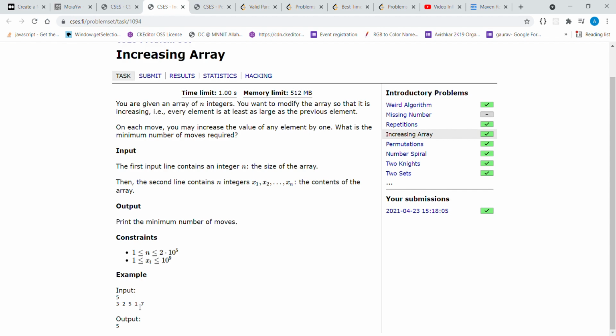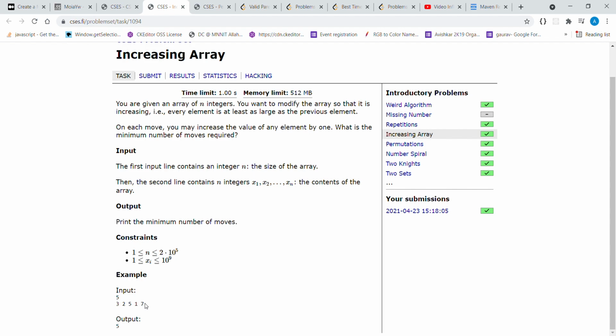Next we move on to 1, as 1 is smaller than 5, so we must make it at least equal to 5 so that the property of an increasing array is still satisfied. So we require 4 moves. So 4 moves plus 1 move, 5 moves up till this point.